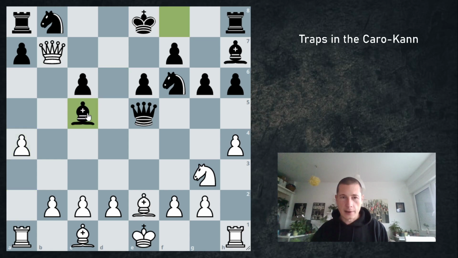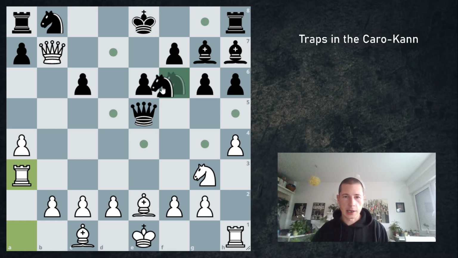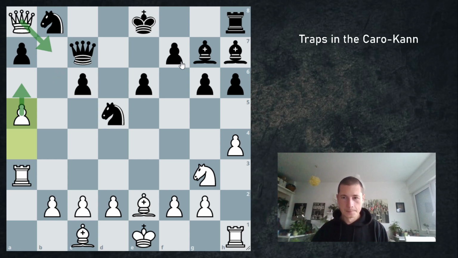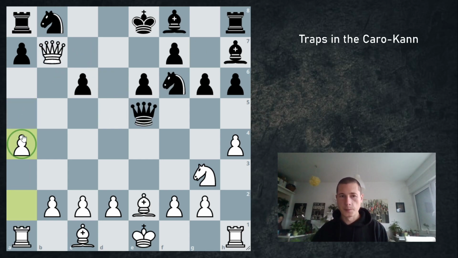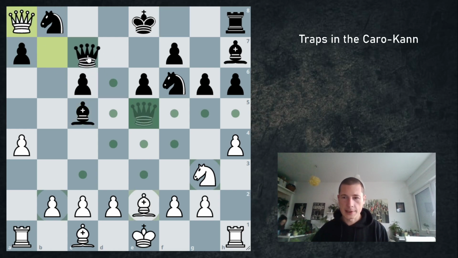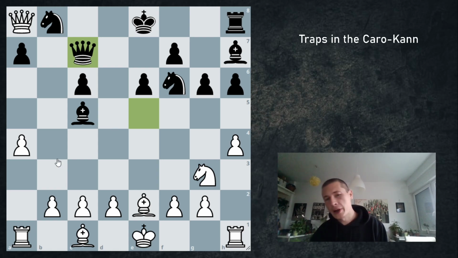They go bishop c5, covering everything. And if they go, for example, bishop to g7, you can go rook a3. And after, I don't know, knight d5, you now take on a8. And if they go queen c7, you can go a5. And the idea is a6 and queen b7. So after a4, when it becomes clear what white wants to do, let's imagine bishop c5 happens. You take on a8, they go queen c7, and you can now play...